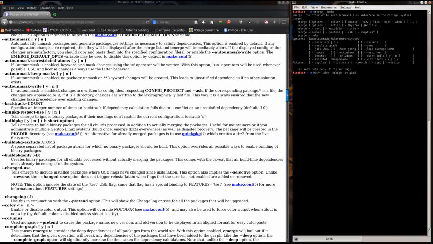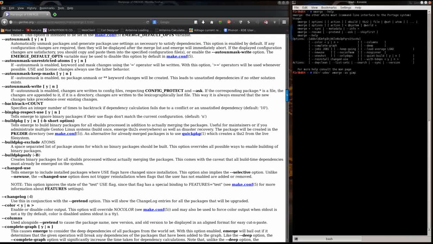This is just an example, but you would put this USE equals hyphen udev and then emerge the package. What that's going to do is build the package without the udev option if that use flag is relevant to the package that you're going to install. So that can be put straight on the command line